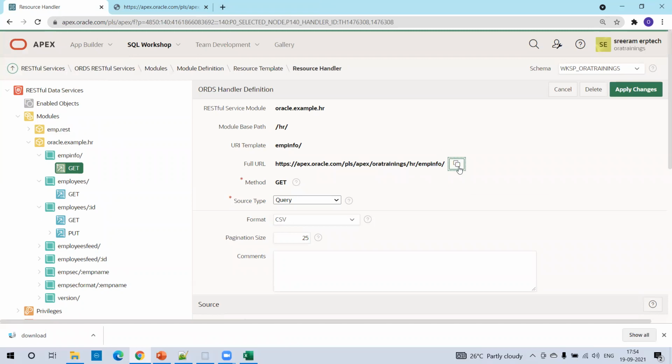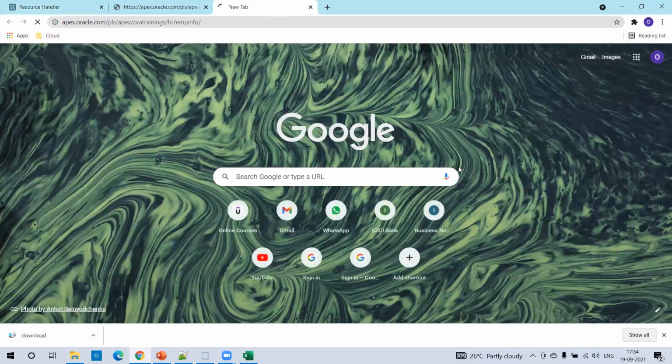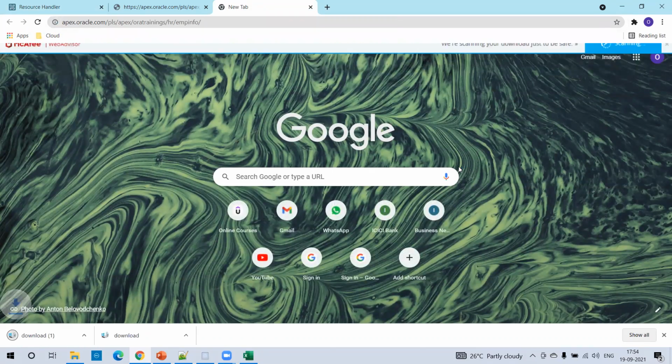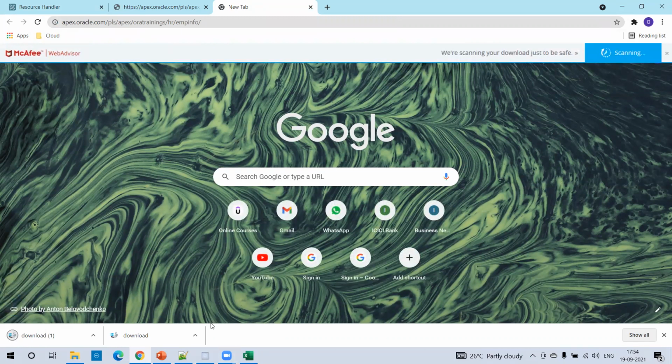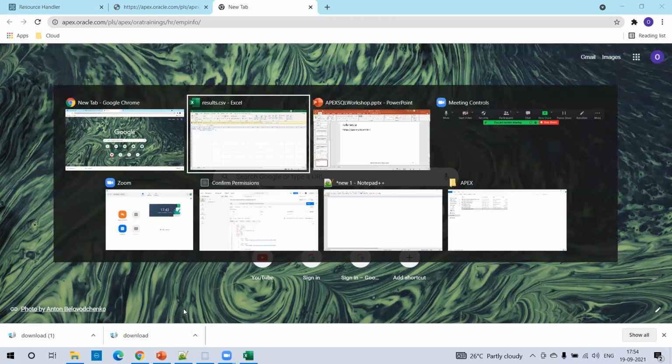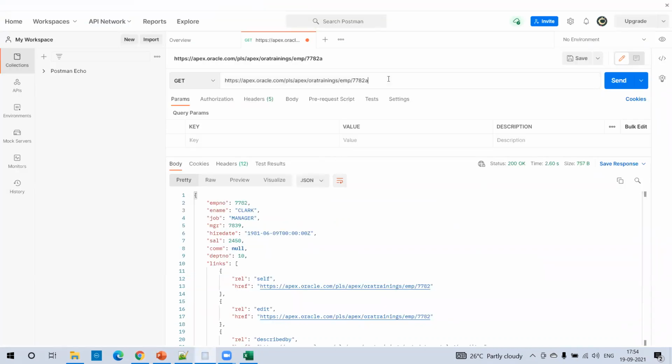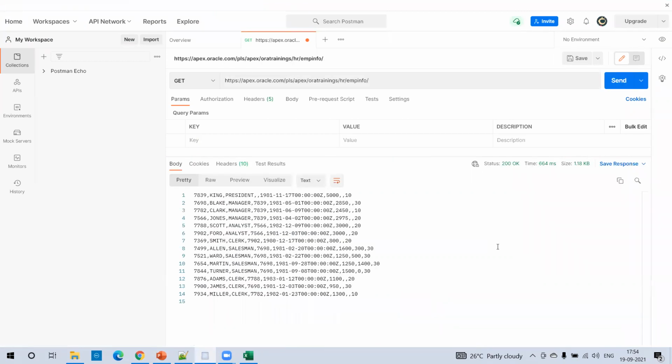Okay, let me try again. Okay. You can try using Postman if that is not working from the browser. Okay, now can you see? We got all the data.